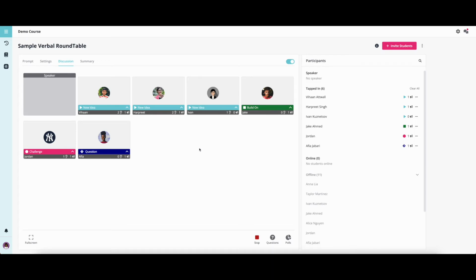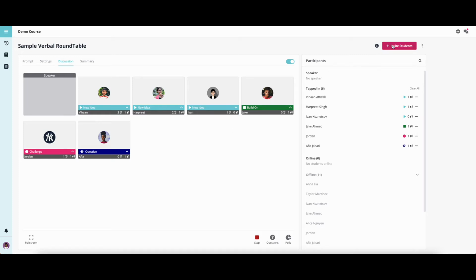This is what it's going to look like on the teacher screen. It's very similar to what it looks like on the student screen. The only difference on the student screen is they have a spot where they can take notes, so they can take notes on what the speaker is saying or what they want to say next, and that's super helpful. They don't have to toggle between apps if they want to write something down.